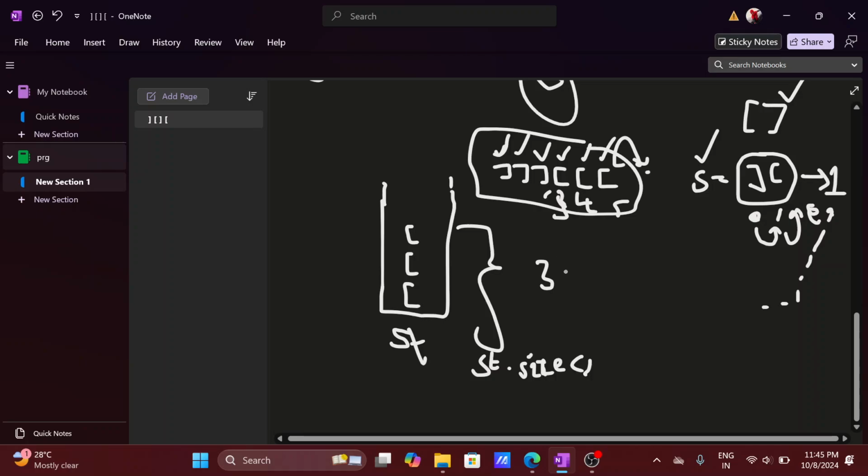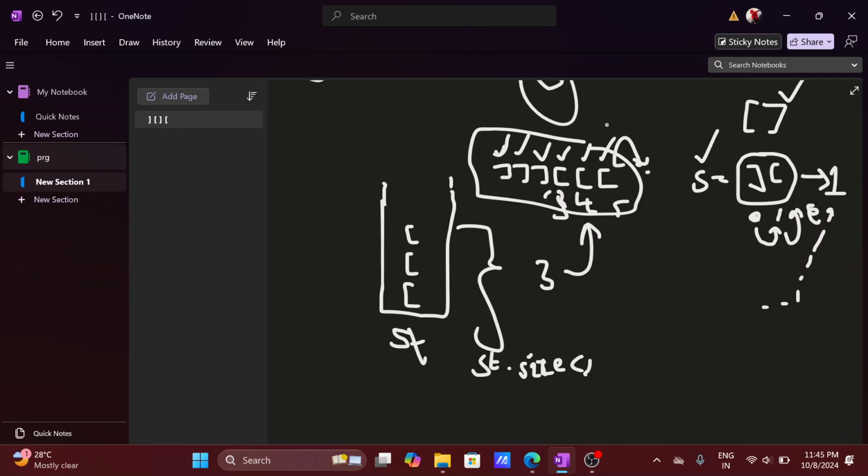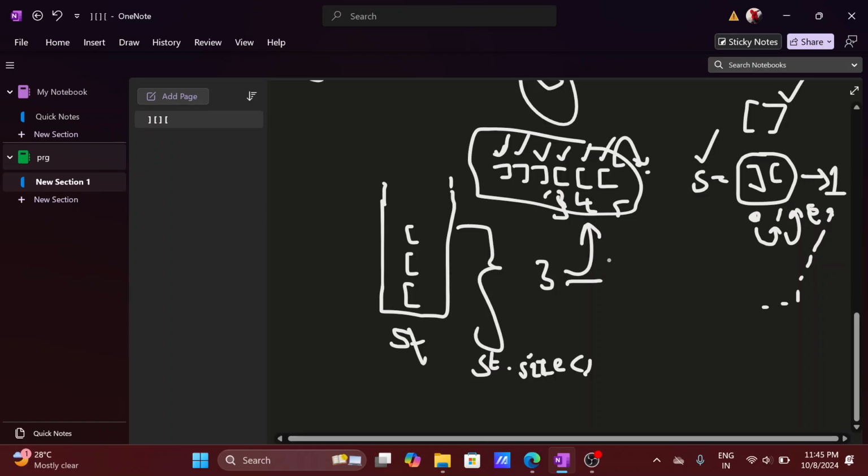So we have to perform 3 swaps, which is actually the maximum swaps we have to use to make that a balanced string. So we have to return the minimum number of swaps. How can we reduce it? By subtracting 1 from the total size of the stack? No, it's not right. Like if we use the first test case,